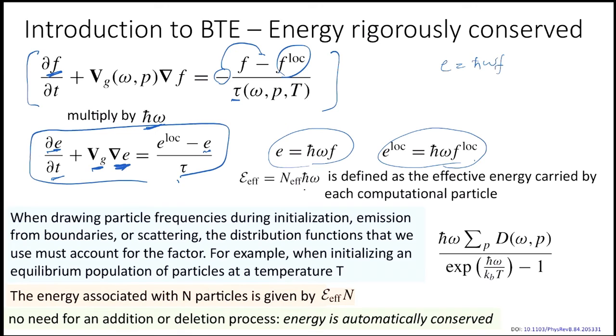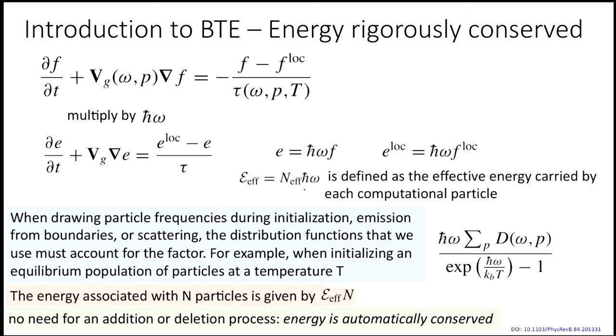Okay, so coming to this, the energy conservation formulation is not so challenging, but we have to look at how our distribution also changes with respect to that. One more thing we should define is the effective energy of each computational particle, or each bundle of particles. This epsilon effective is n effective times h bar omega. n effective is that number, if you remember, we divide 10 to the power 20 by 10 to the power 6. So that is how many effective particles we were considering. All of these particles would carry the same effective energy.